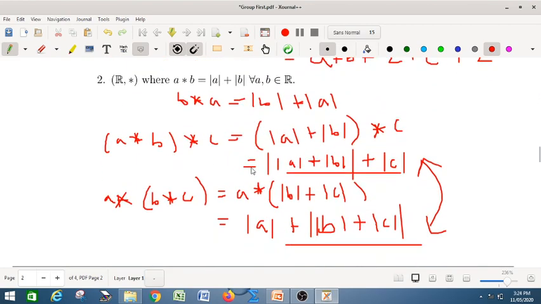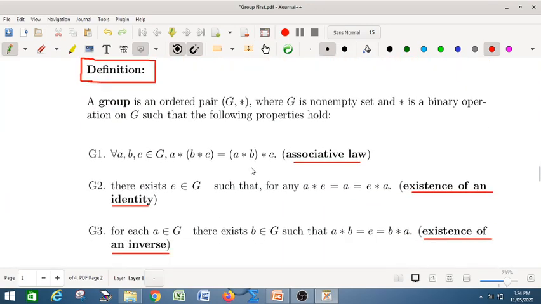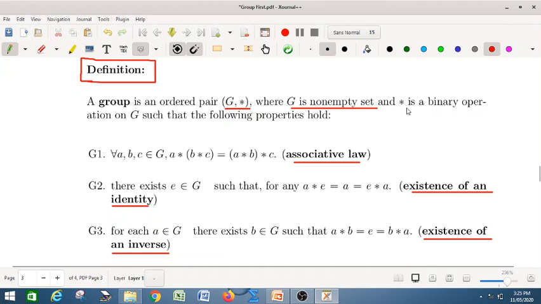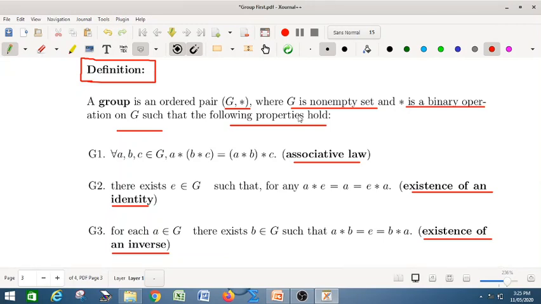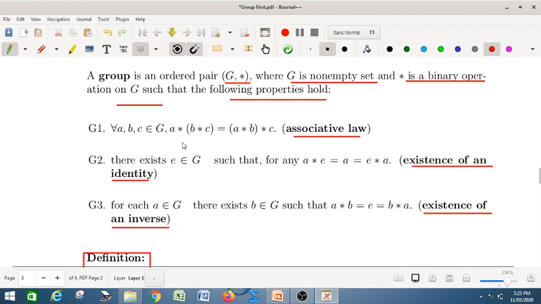So next we move on to the definition of group. Let us define groups. A group is an ordered pair (G, star), as already we defined the star. Star is a binary composition and G is a non-empty set, and star is a binary operation on G such that the following properties hold. Three properties we have to satisfy, because I am not talking about the closure property. Already star is a binary operation, we are assuming that this closure property holds on G. So the first thing is the associative law, that is (A star B) star C is equal to A star (B star C).